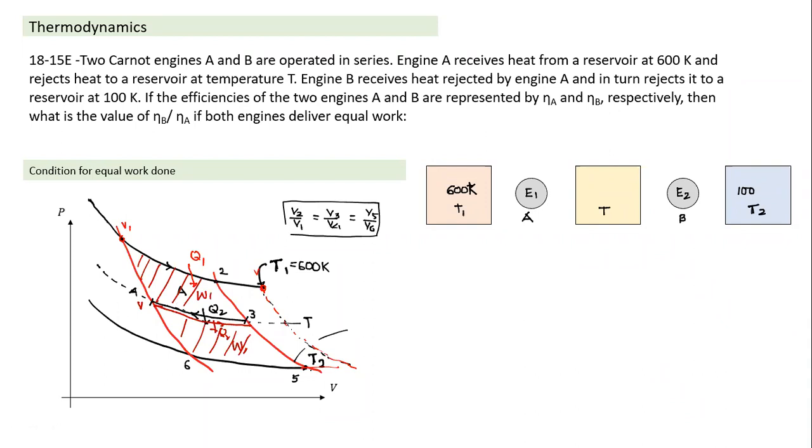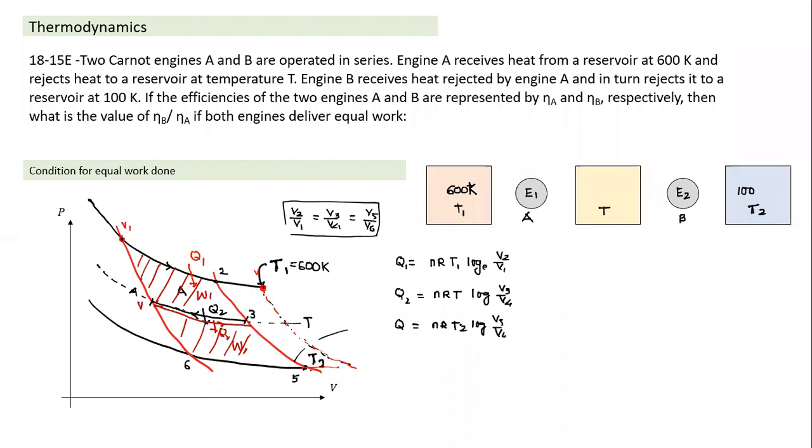Now coming back, if those ratios are equal, what is Q1 here? Just a recap of thermodynamics: Q1 will be equal to nRT1 into log of V2 by V1. And similarly, what is the heat transfer here, Q2? If I take its magnitude, Q2 will be equal to nRT log of V3 by V4. For engine A, it will be negative. For engine B, it will be positive, to receive heat. And similarly Q3 here, which is thrown away, will be equal to nRT2 log of V5 by V6.